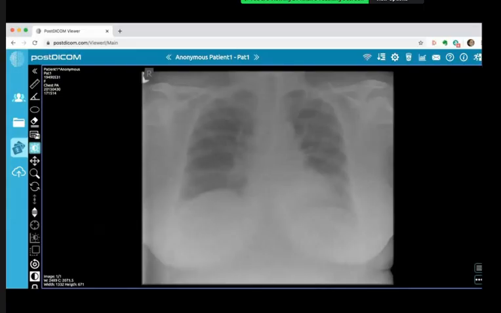So this is a frontal chest radiograph of an adult female patient. I know that she's had previous breast surgery, but I don't see significant asymmetry in the breast. I'll look for surgical clips in the axilla, which I can't see very clearly either. Looking at the chest itself, the lung and the mediastinum,